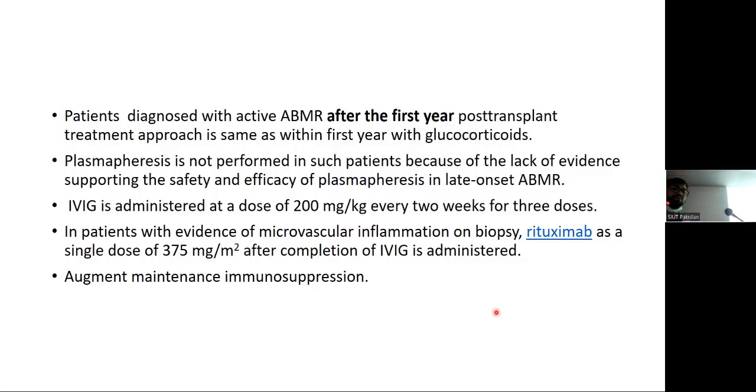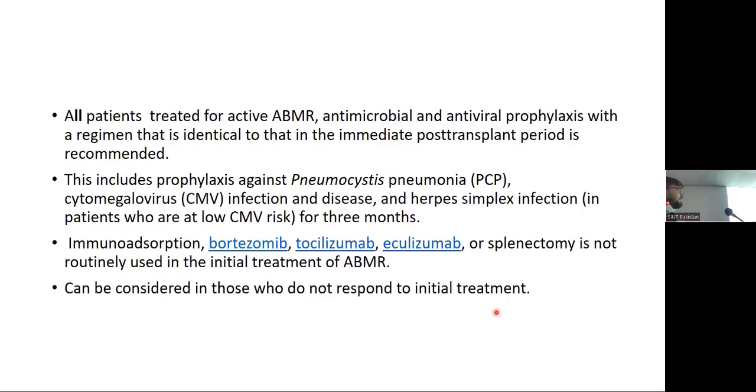Lastly, after giving the TCMR treatment, we augment the maintenance immunosuppression. And for patients who are treated with active AMR, prophylaxis with antiviral and antibacterial agents is recommended, and the regimen will be identical to the immediate post-transplant period. This includes prophylaxis against pneumocystis carinii, CMV, and in some patients who have low risk of CMV,